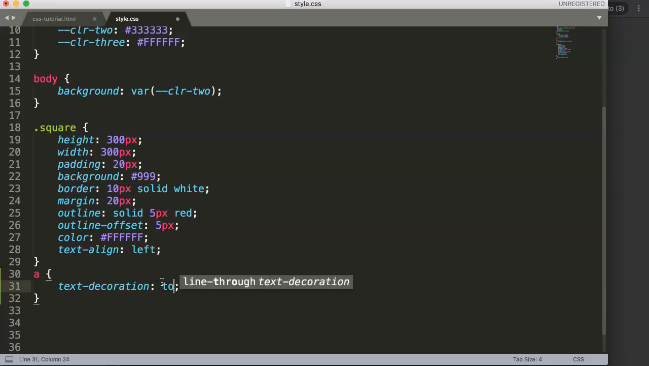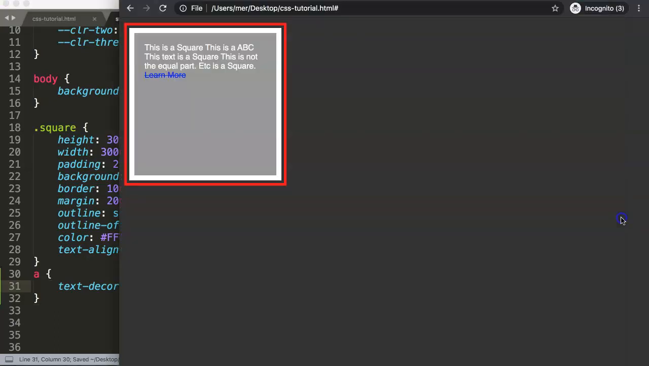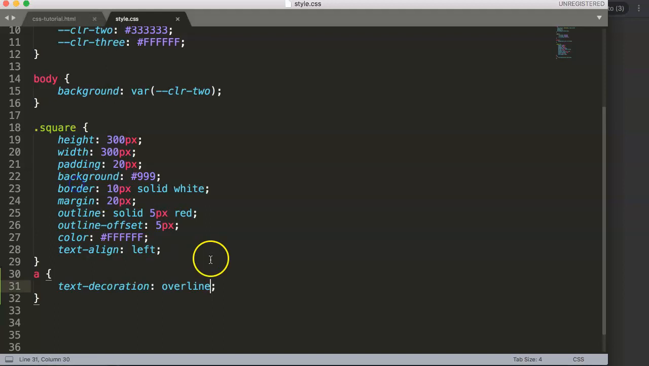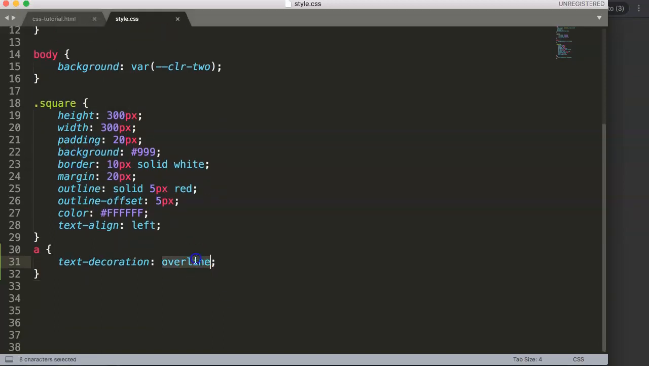Underline, upper line, or top line. Well, let me double check this one. And the last one, it was not upper line, sorry, it's overline. There you are. Once you have the overline, which I hardly use personally, you will see the line will go up here. So probably, from my personal experience, this is the one you're going to use most of the time,